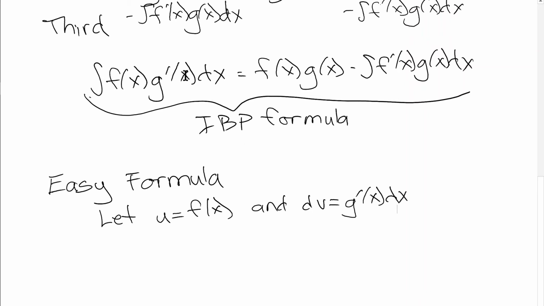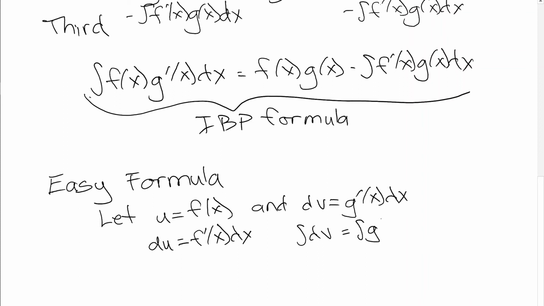Well, that allows us to rewrite the left-hand side of our integration by parts formula, since f of x is just u and the rest of this is dv. But we need to figure out ways to get the other pieces on the right-hand side. We are going to get something in terms of f prime of x by differentiating this. So we would differentiate both sides to get du is equal to f prime of x dx. So that takes care of the f prime of x dx, but we also need a way of writing g of x. Well, we have a g prime of x, so if we integrate that,